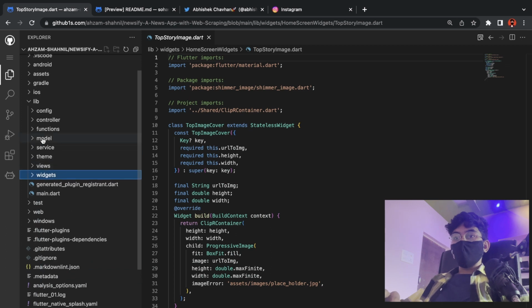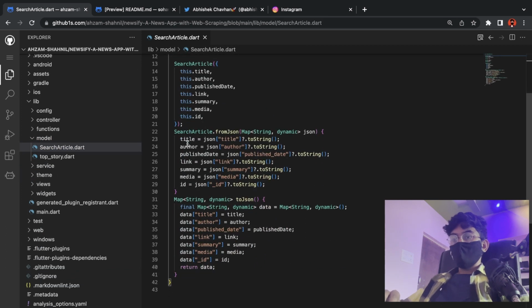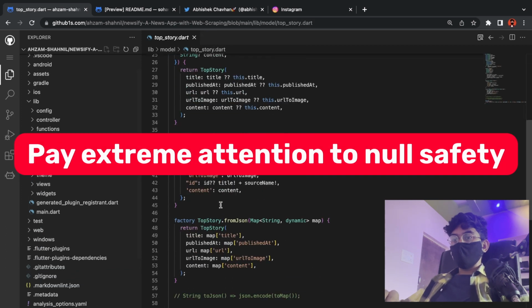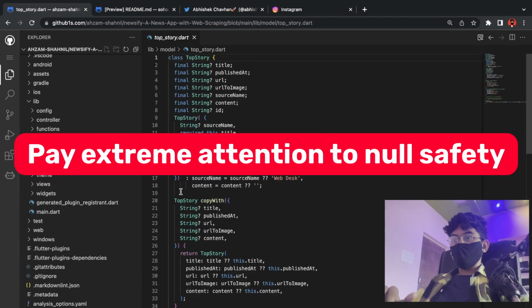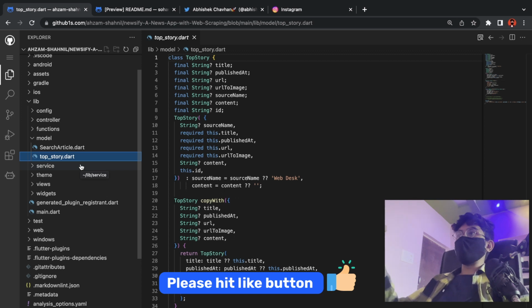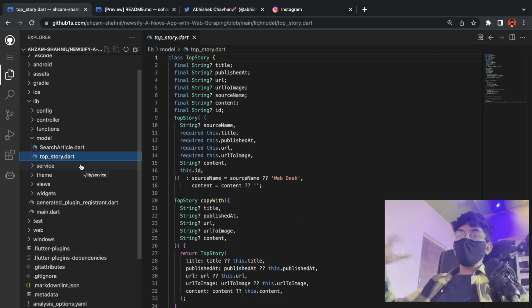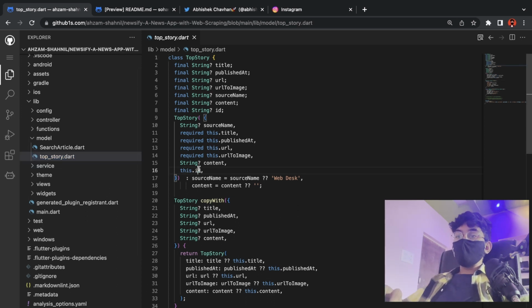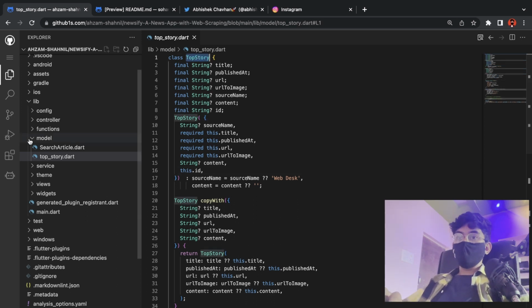Now let's move forward under model. Yeah, it is null safe. That's a good thing. And similarly here, it's null safe. Yes, it is null safe. Now what you can also do is use the freezed package to create models. The freezed package is more convenient to create models in Flutter nowadays, right? Because already you are using the get package, and I think the get package is very convenient with the freezed package itself. So instead of creating the model by yourself, use the freezed package to create models for you.